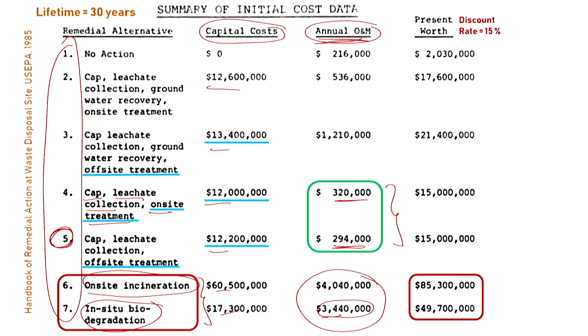But obviously here we have relatively less invasive techniques, in situ biodegradation, I guess. So here they are going to take a decision based on the relative effectiveness in addressing the human health risk concerns, and then the cost, and go forth with choosing an alternative. To my knowledge, they chose number 5, as in they are going to put a cap over the landfill, and then extract the leachate based upon strategic placement of these extraction wells.